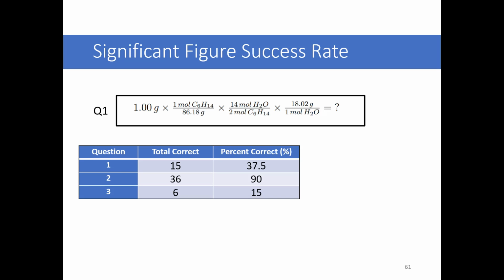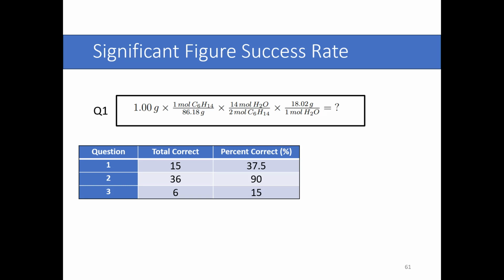I do have to say a few things about these numbers because they look a little bit strange. You might wonder, why were only 37% of students able to get a correct answer on the stoichiometry? Well, this was kind of a review of what the question was. Because this was 3 significant digits, the answer should have been rounded to 3 significant digits. But what we saw a lot of students doing, basically about